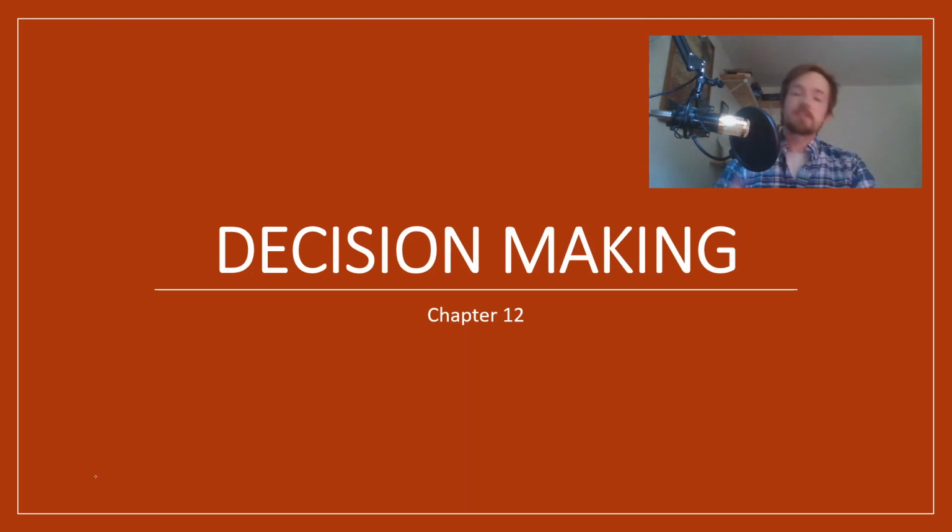But like some of the previous chapters we talked about, this is an area of cognitive psychology that is huge. This area, which is normally called JDM, which is judgment and decision making, has its own journals, has its own conferences, and is a very big part of cognitive psychology.